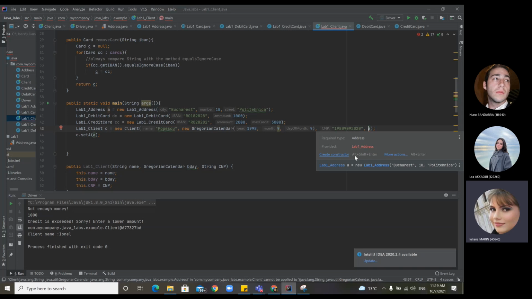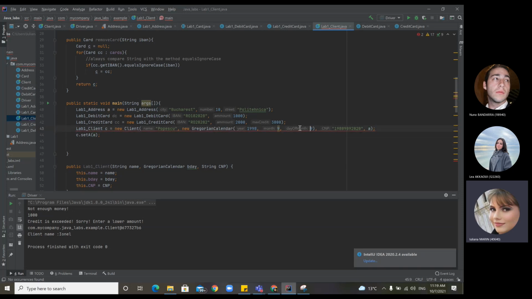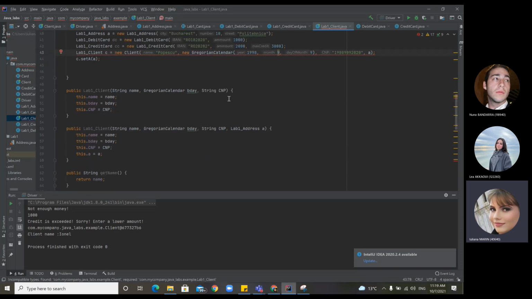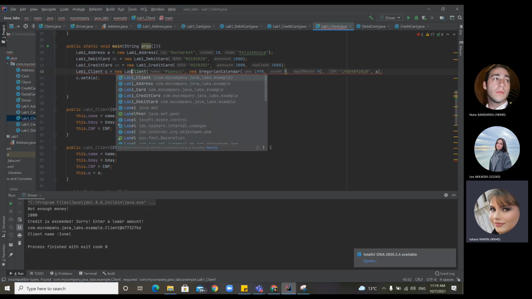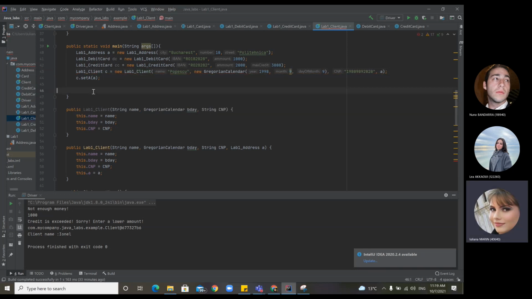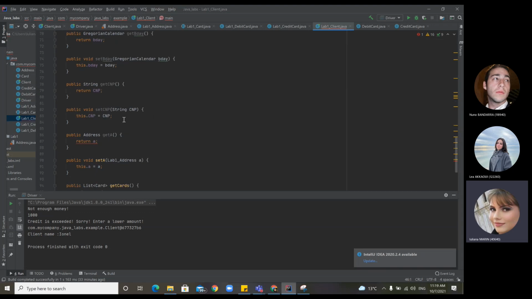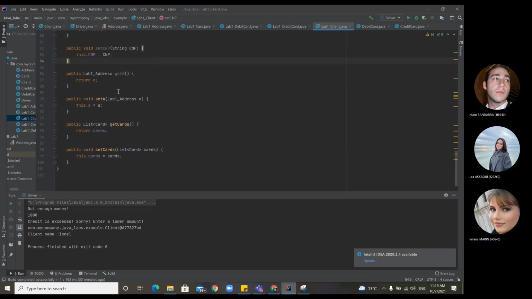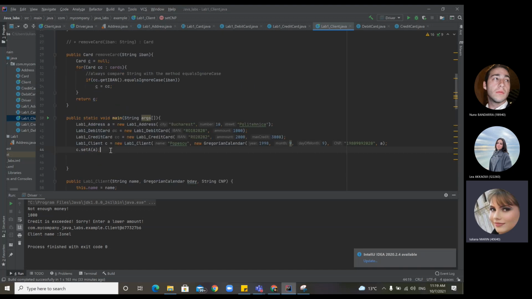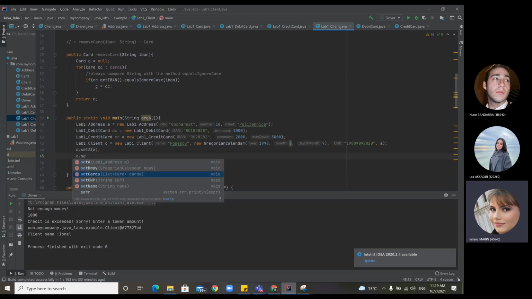Because I have the previous one. More actions, change signature to this one. It is this one. Required type, Lab1 client. Yeah, because of the previous project. And now it's okay. Yay! Okay, good. And this one is again with Lab1. Good. Okay. And I have to set